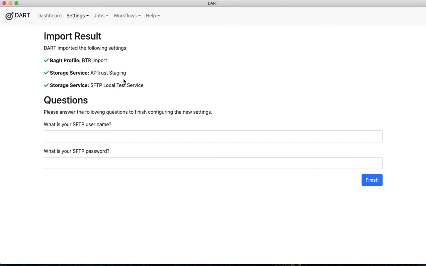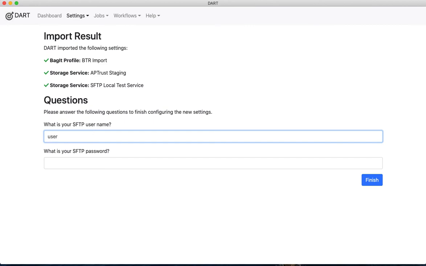Click import, and it tells us here that it successfully imported this BagIt profile and the APTrust staging and the SFTP local test service. Now these are the questions that we had asked, so they can fill in their user credentials.